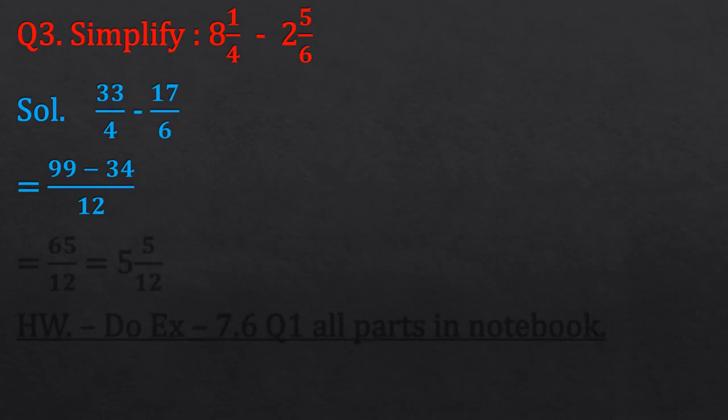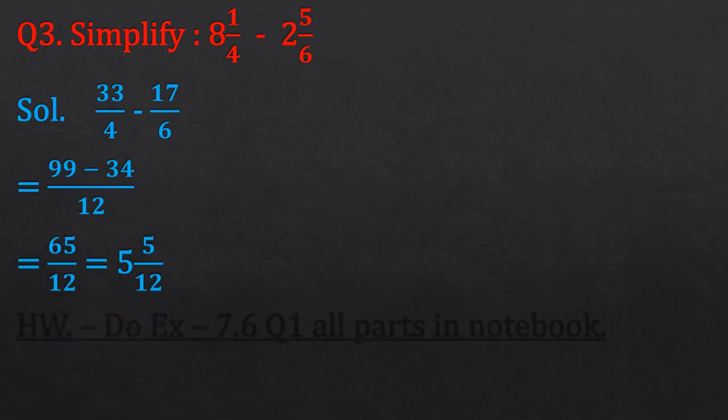Now the minus sign is there. Place the minus sign. Now come to the second fraction. Now divide 12, which is the common denominator, by the denominator of the second fraction. That is 12 divided by 6. 12 divided by 6 is 2. Multiply this 2 by 17, that is 34. 2 17s are 34. Okay, so it is now 99 minus 34 upon 12, which is equal to 65 upon 12.